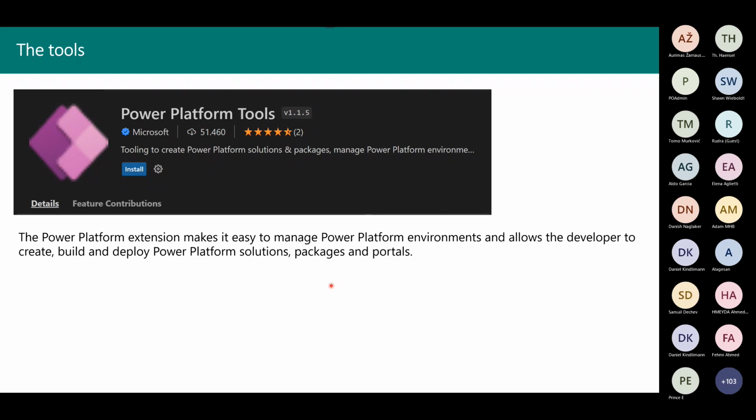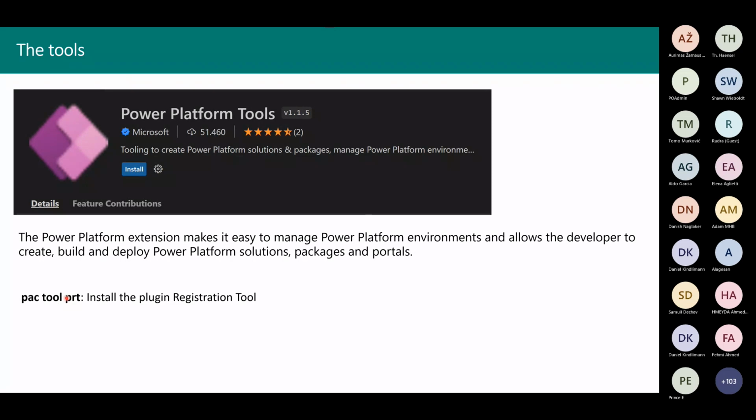A tool important, maybe one of the most important to extend the Dataverse functionalities is the plugin registration tool. And the plugin registration tool is a tool that permits us to create and register plugins, webhooks, service endpoints, and so on Dataverse. And when you have installed the Power Platform tools, you can run the plugin registration tool from the command line, with the command pac tool prt,